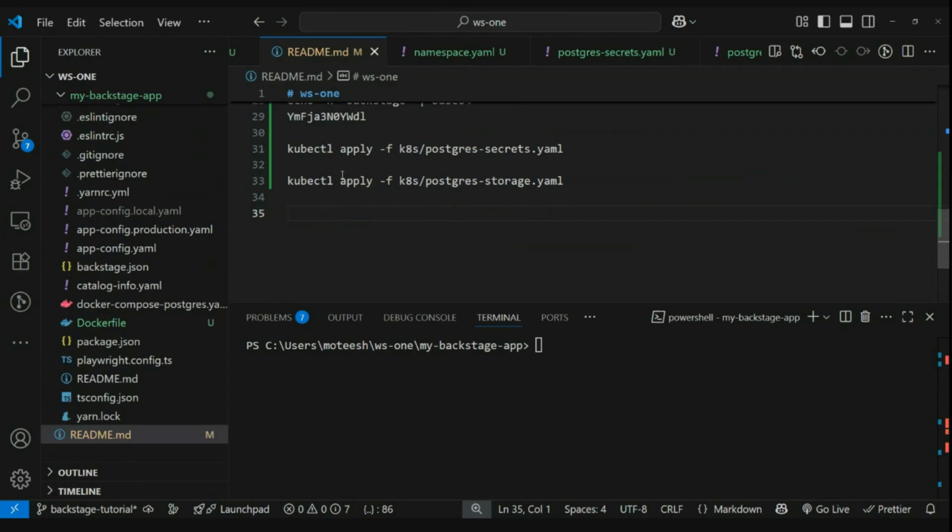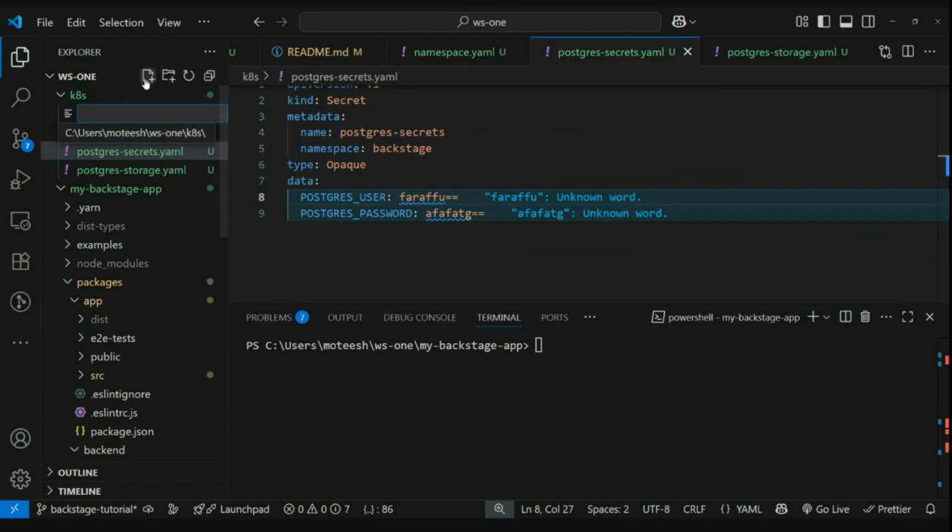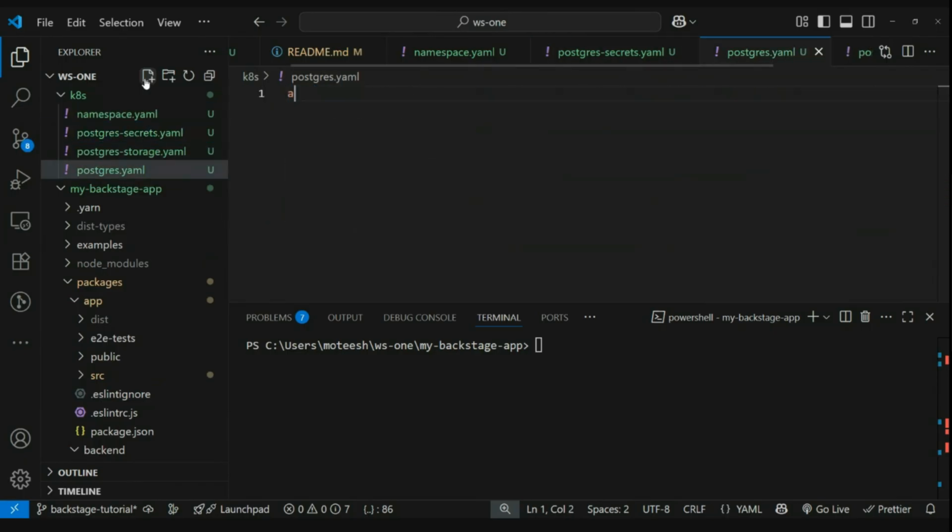So now we can create a Kubernetes deployment descriptor for the PostgreSQL database deployment itself. Let's create a new file, postgres.yaml. Here we're going to use API version again as apps v1. This is the API for deployments. So we define this deployment,